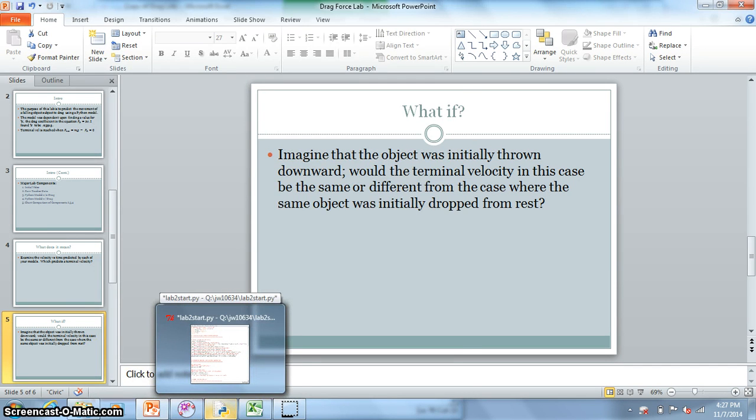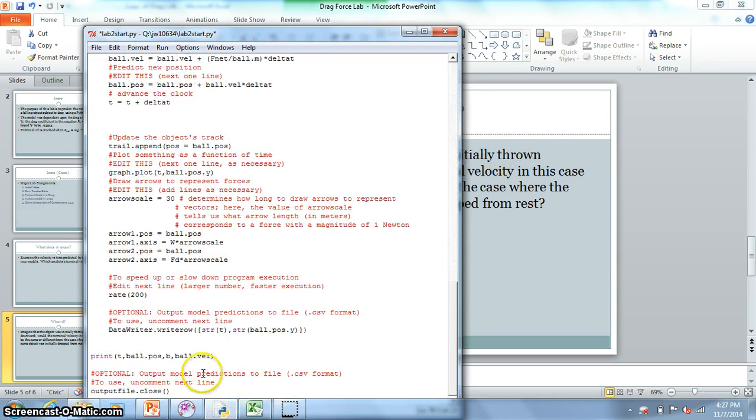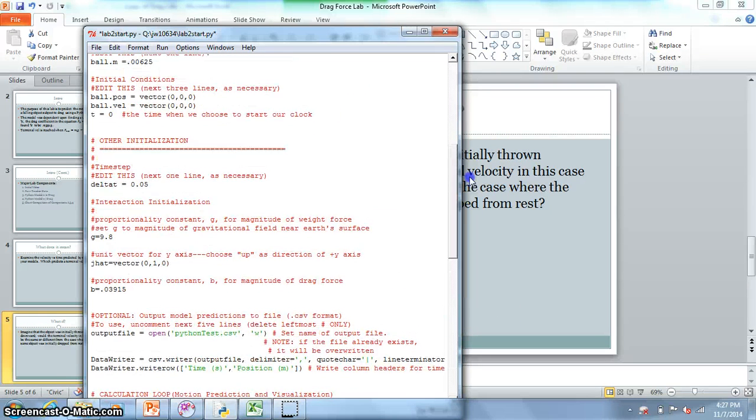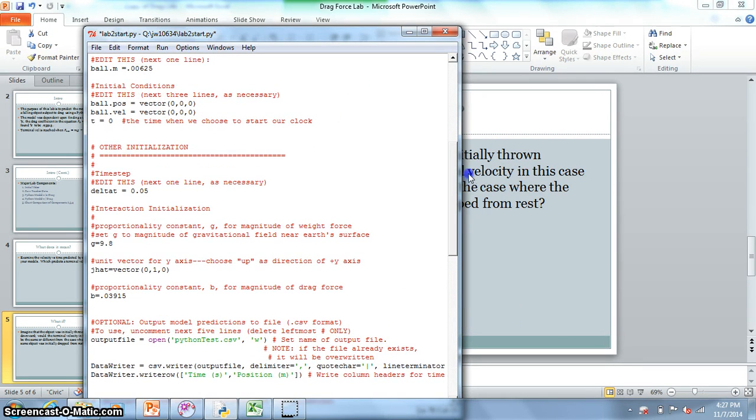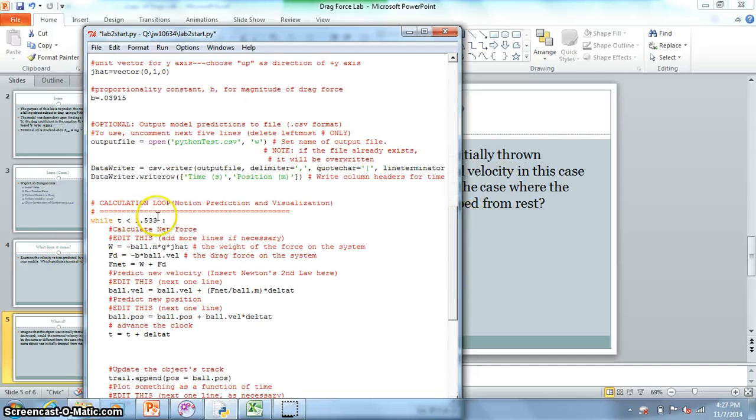You can demonstrate this by going to your code and setting it to display the ball's final velocity. Then you come up here, and that's in the print section, by the way. Come up here, edit the initial ball velocity in the vector right here, say an arbitrary number like -2 meters per second. Then we come down to the time, make that larger than what we currently have, just to make sure that the new larger drag coefficient has enough time to cancel out the initial velocity that's larger than the terminal velocity. Then we run the module,